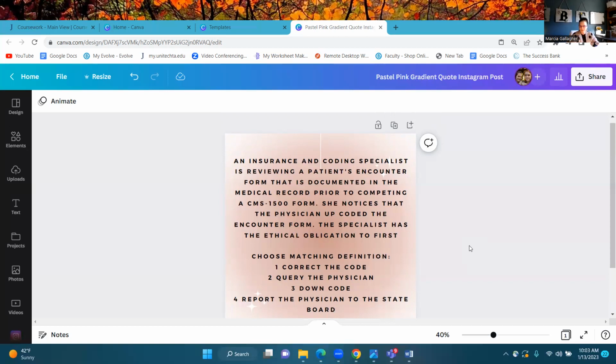The first thing that you're going to do before anything else is query the physician, because maybe it's a mistake. So if you've noticed that a code isn't correct before you bill it, you should ask the physician, the office manager, whoever your direct supervisor is, and you go from there.